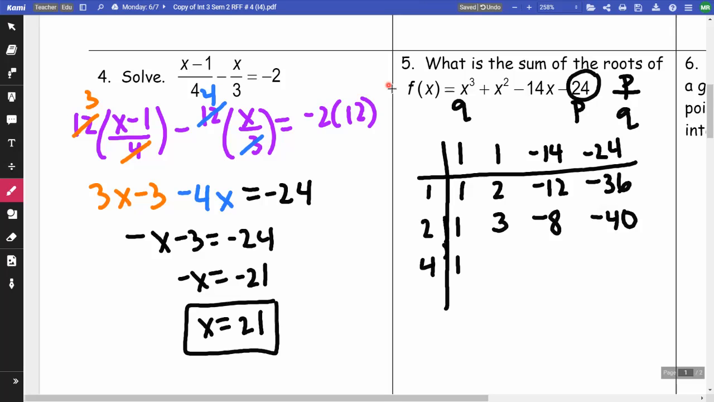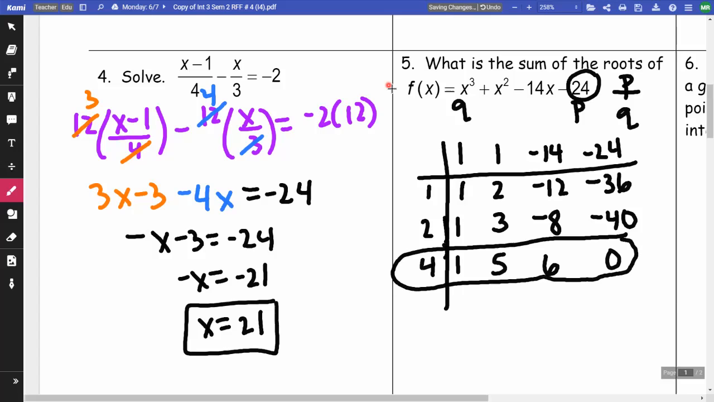4 times 1 is 4. I add it, I get 5. 5 times 4 is 20. I added, I get 6. 6 times 4 is 24. I got 0. If I had gotten a positive number instead of just 0, I would have known that maybe